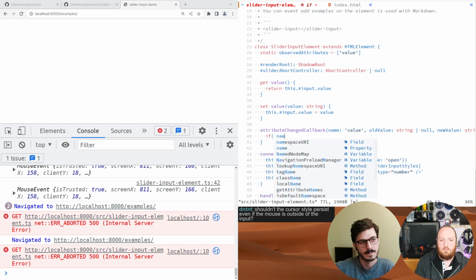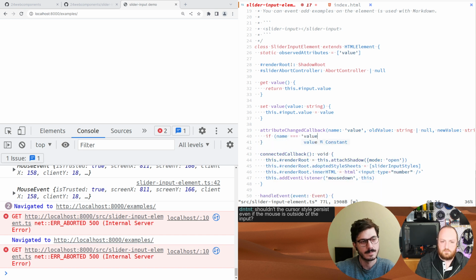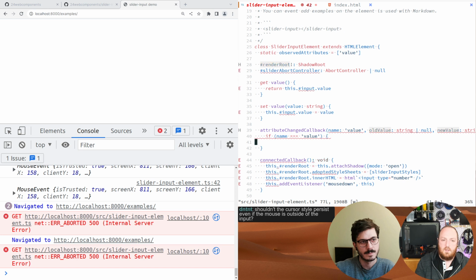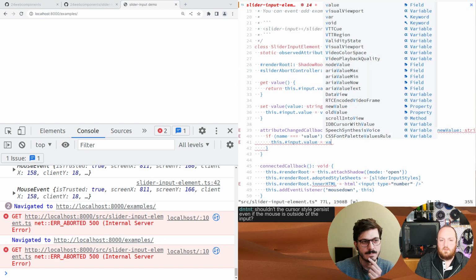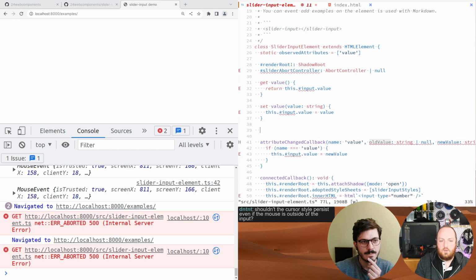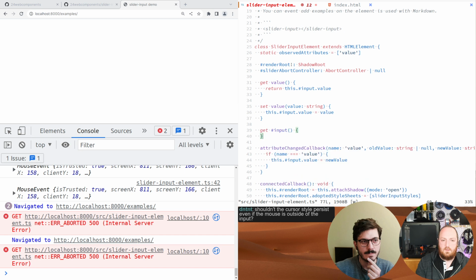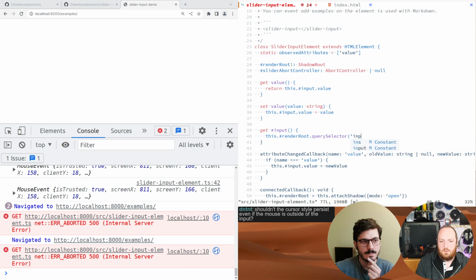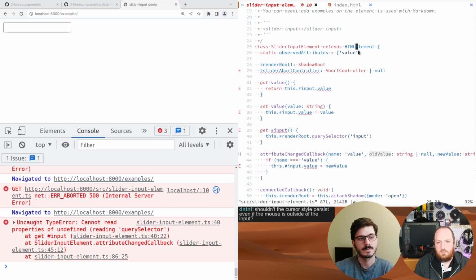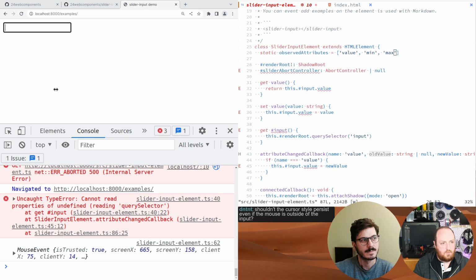If the name is value, then we want to set the value, new value, and then we also want to have the input, and so this is going to say this dot render root dot query selector input. Okay, so I think we can do the same with a min and max, min and max,